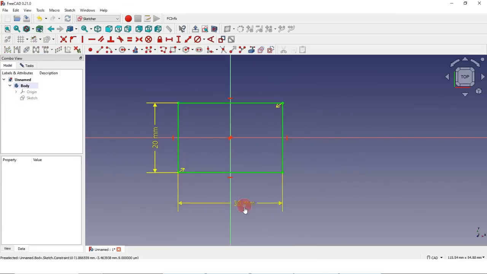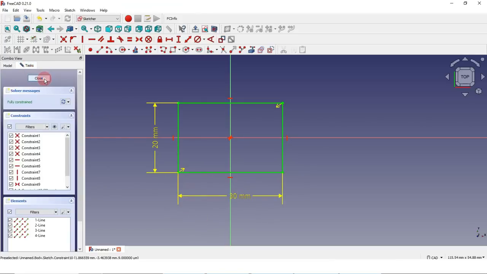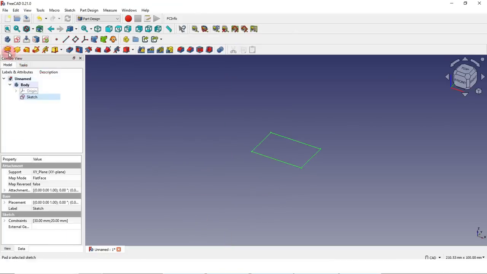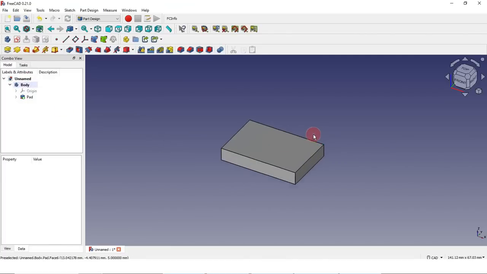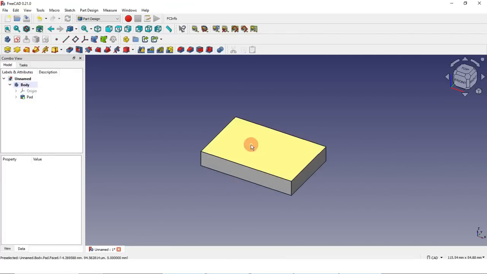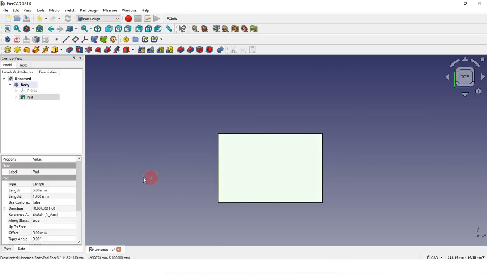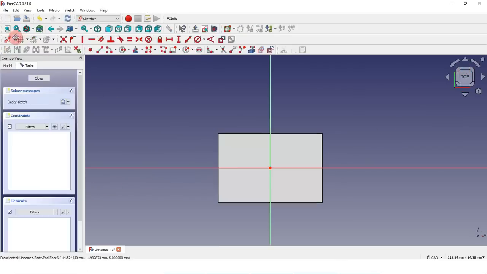To use the pocket tool, first we have to create a solid. So I will extrude it to 10 mm, or we can say 5 mm, and say OK. So here we have a solid, and now we will create a cut. I move to the top view, select this top face and create a sketch,